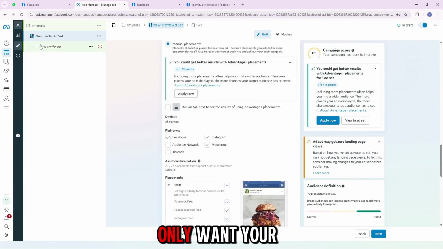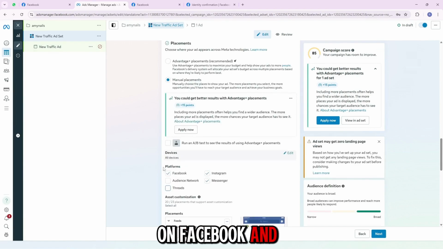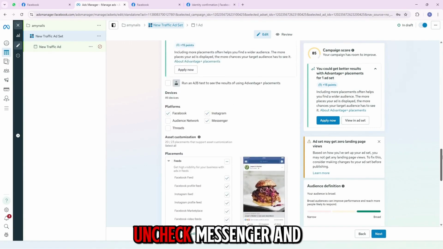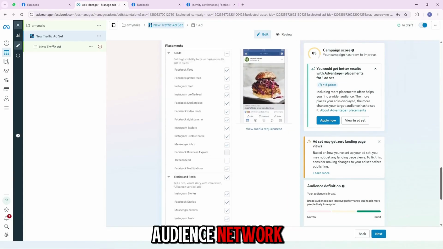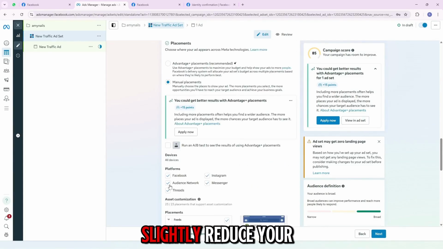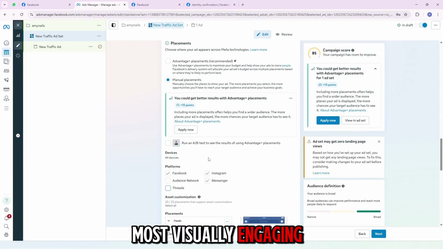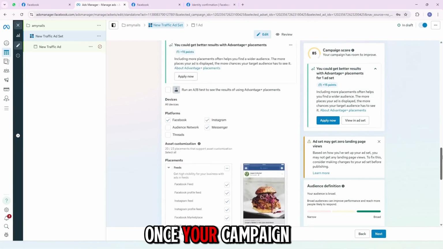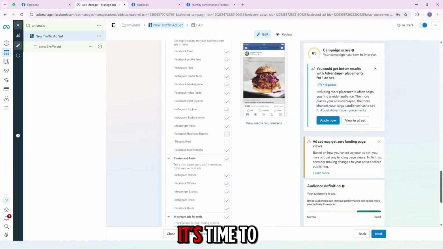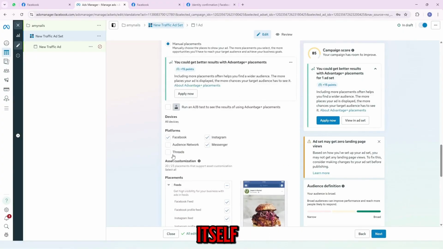However, if you only want your ad to appear on Facebook and Instagram, you can manually uncheck Messenger and Audience Network. Doing this might slightly reduce your audience size, but it keeps your focus on the two most visually engaging platforms. Once your campaign and ad set are configured, it's time to create the ad itself, the part your audience